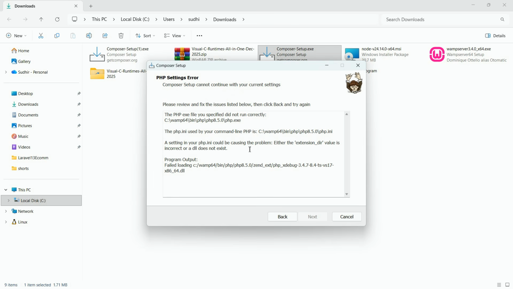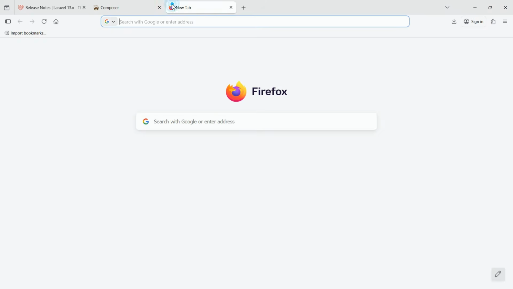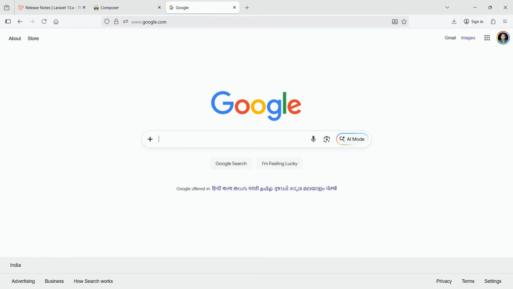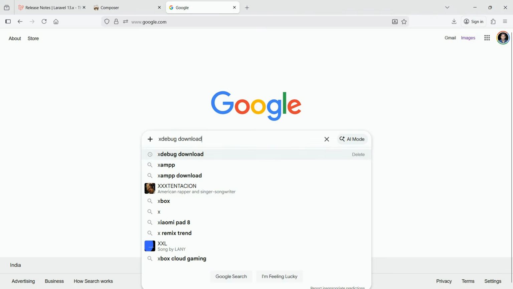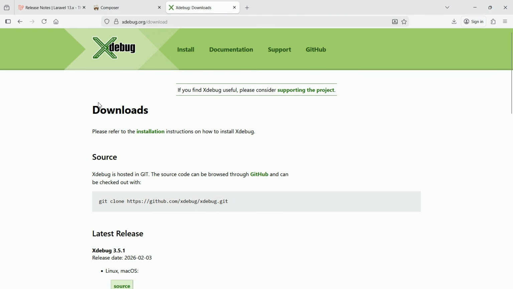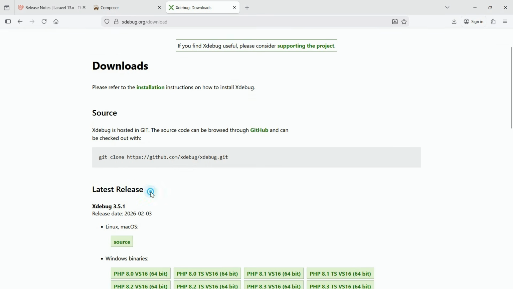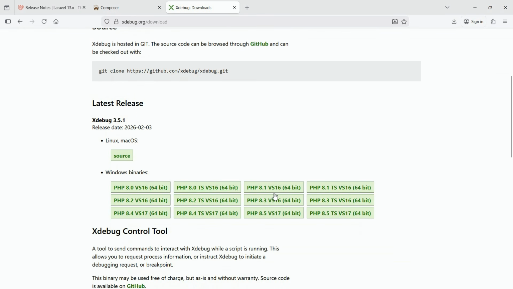Okay, here is one issue, which is PHP Xdebug. First of all, let's resolve this issue. For that, go to Google again and search for Xdebug download. Now just open this first link, and from this page, in the latest release section, just download the Windows library, which is this one, PHP 8.5 TS VS 17 64-bit. Okay, so just click